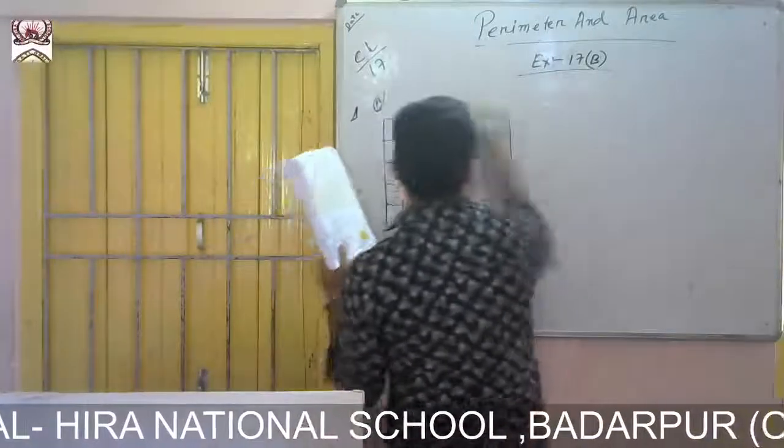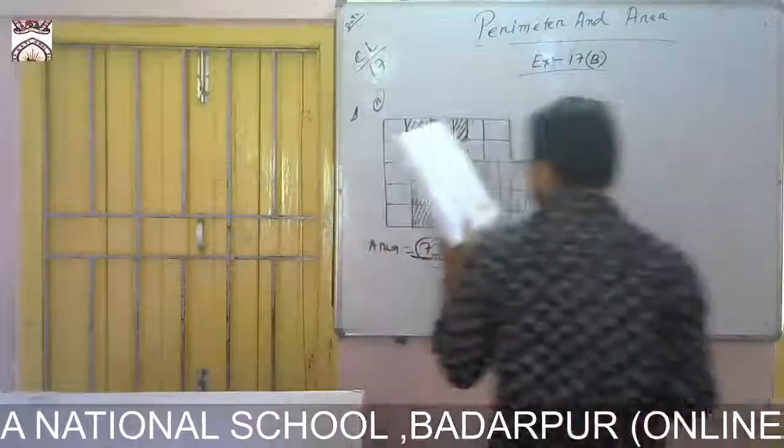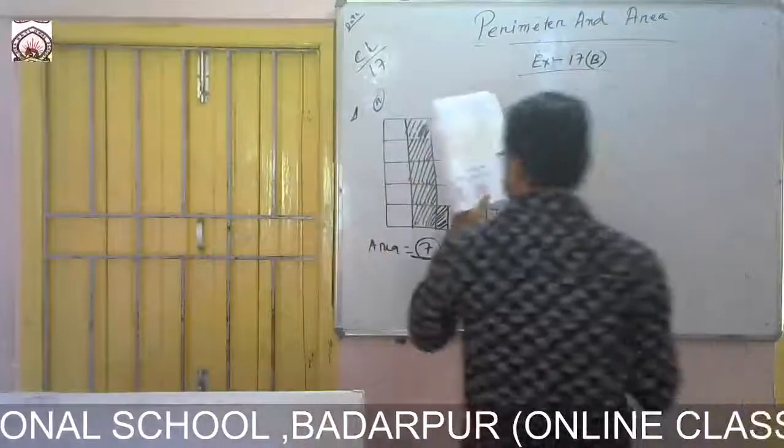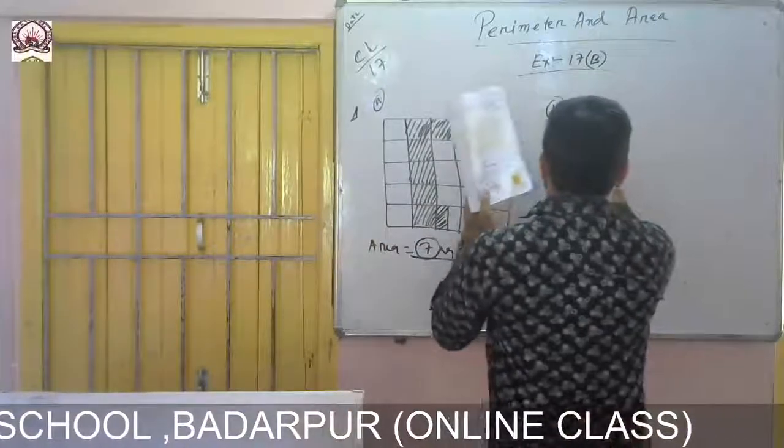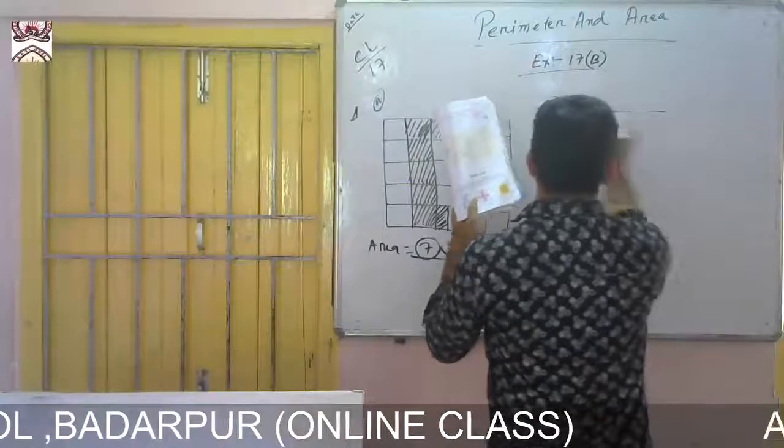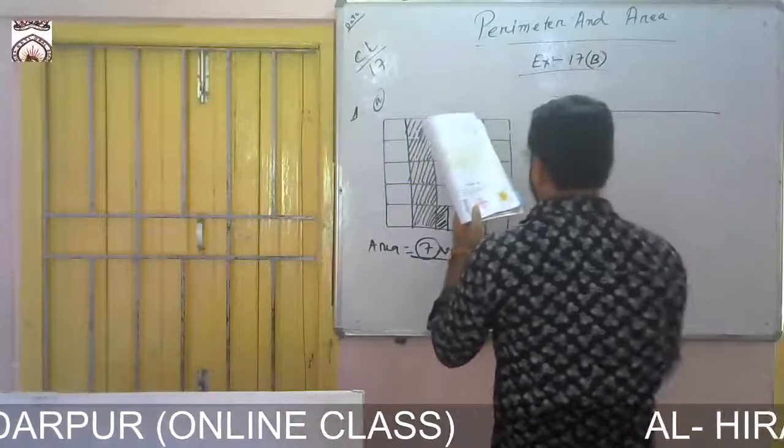Okay, so I am drawing question number B. This is A. B I am drawing, and for C I shall not draw, I shall just count, and will get the answer. If you just count it, this is easy, you can count it at your home, you will get the answer.